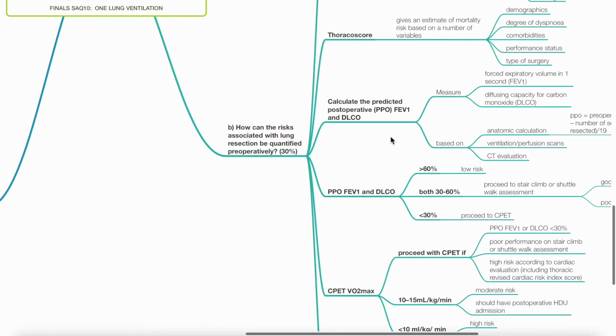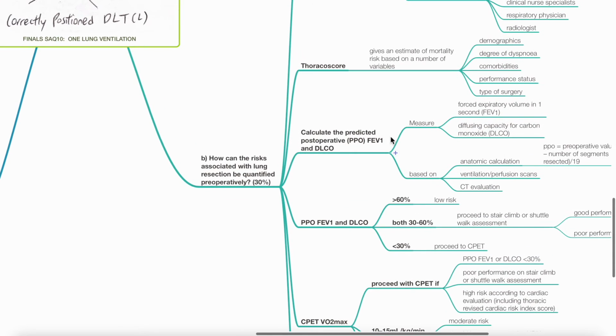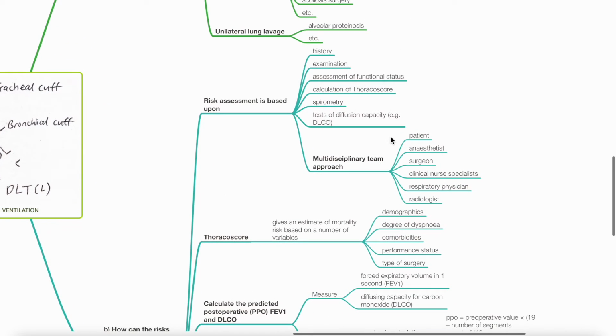B. How can the risk associated with lung resection be quantified preoperatively? 30 marks. Risk assessment is based upon history, examination, assessment of functional status, calculation of the Thoracoscore, spirometry, and tests of diffusion capacity such as DLCO, etc. A multidisciplinary team approach is appropriate, involving the patient, anesthetist, surgeon, clinical nurse specialist, respiratory physician,